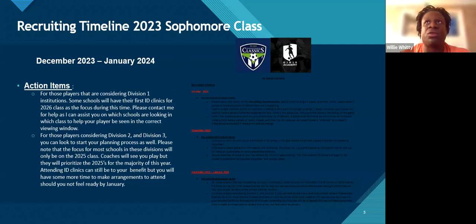Those Power 5 schools for sophomore classes start to put together their recruiting maps between December and February of the sophomore class year. And as they put those maps, they will track those players from February to June. And then on June 15th, they will start to make those calls. This gets to be a little complex. And again, I will walk you through it.